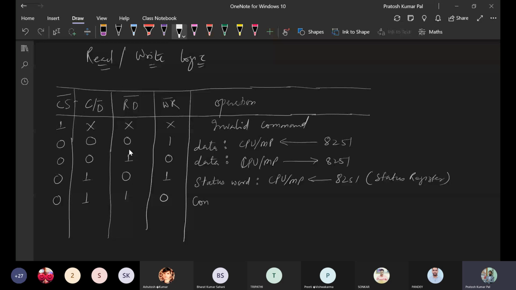The control word will be written to the 8251. So the CPU or the microprocessor is going to write to the 8251, and this write will be done to the control register.